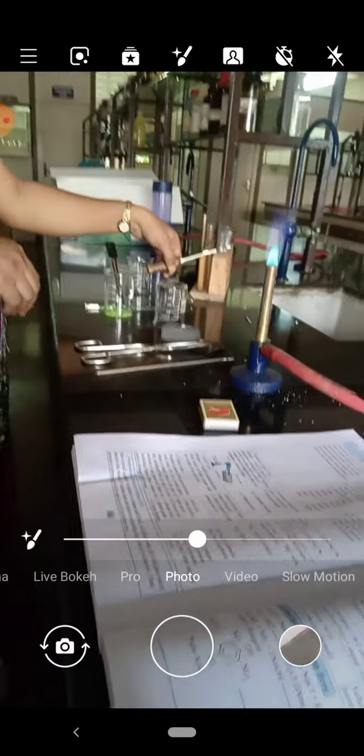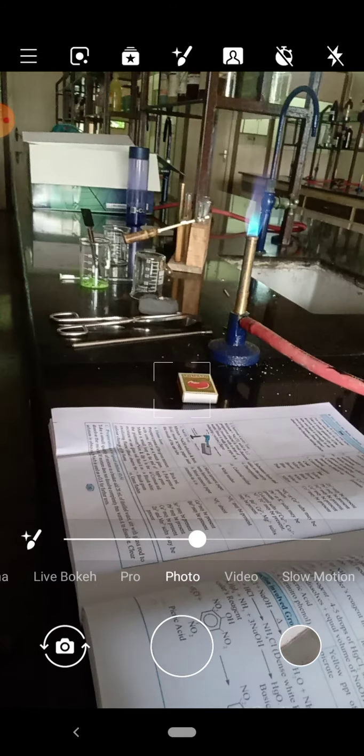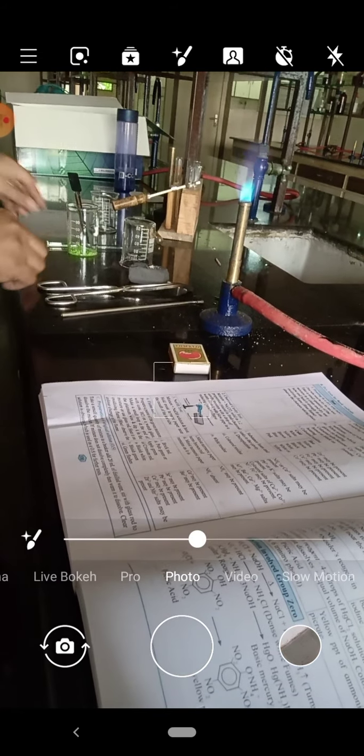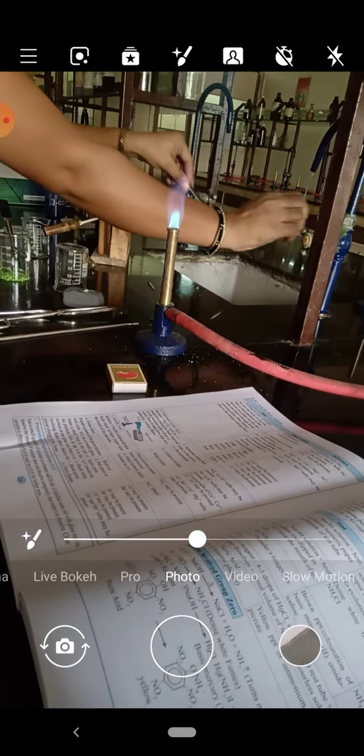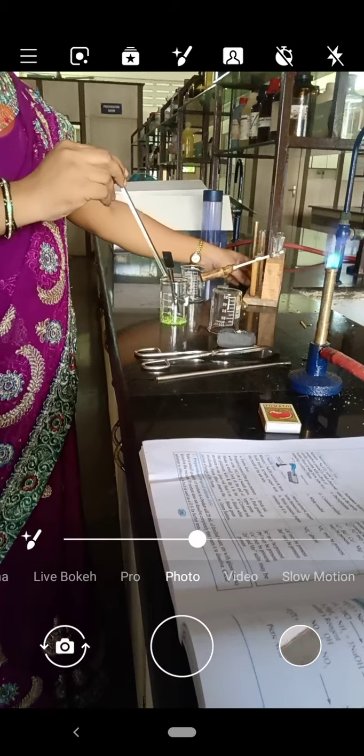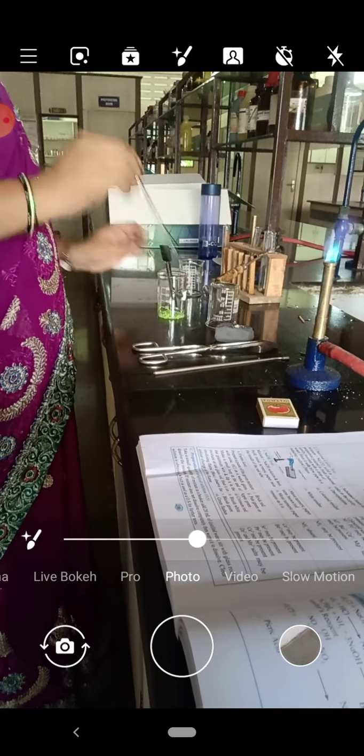So this test we have done. Now the next test is the flame test. See, this test is very interesting. You will come to know which radical is given along with the ammonium salt. This test we will perform with the help of concentrated HCl. This test can be performed with a platinum wire. Even we can perform this with the use of a glass rod.